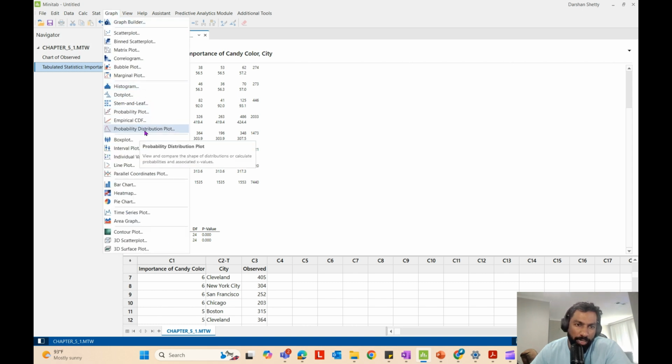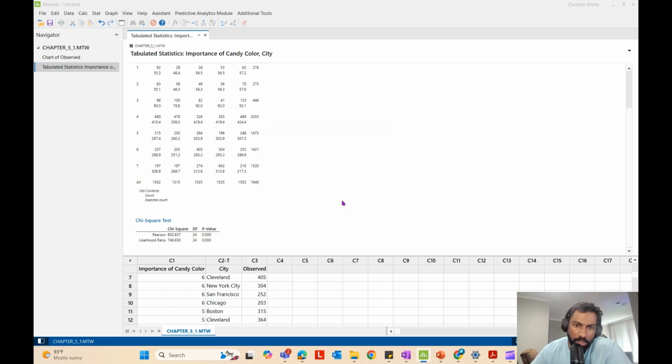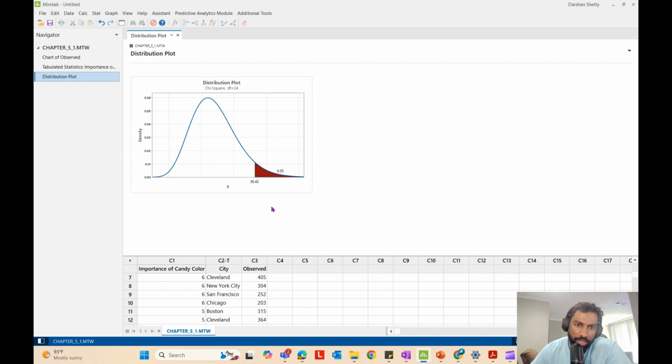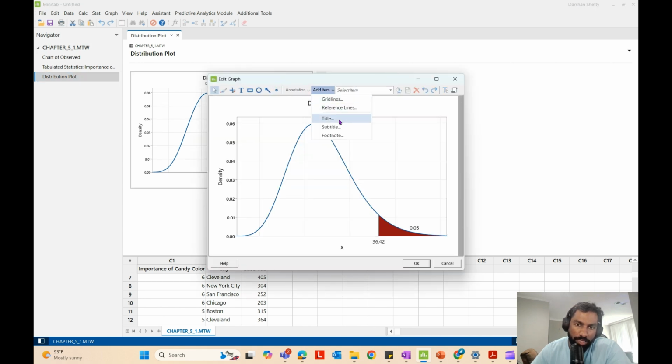Go to Probability Distribution Plot, View Probability, and here the distribution is chi-square, degrees of freedom is 24, and if you hit OK, that'll show you the graph for a chi-square distribution. The critical value of chi-square is 36.42,